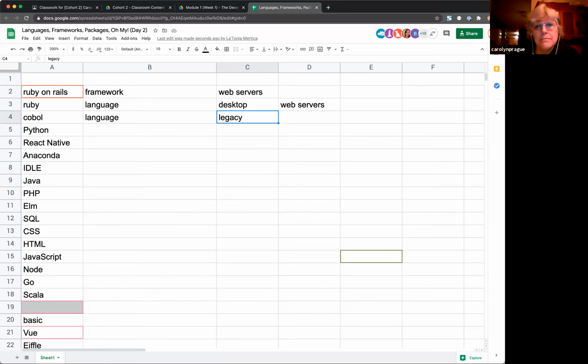So when I label something as legacy, that's not to say that it is outdated or not used anymore. Legacy just means that if you were to start a new project from scratch, you probably wouldn't be picking that language. However, it is still relevant, and you will find that people who are still using that language get paid huge dollars because there are so few developers left who know that language that they are stuck around to maintain them.